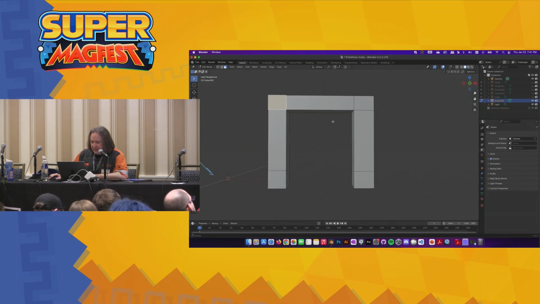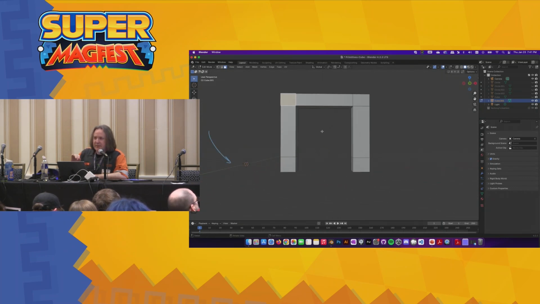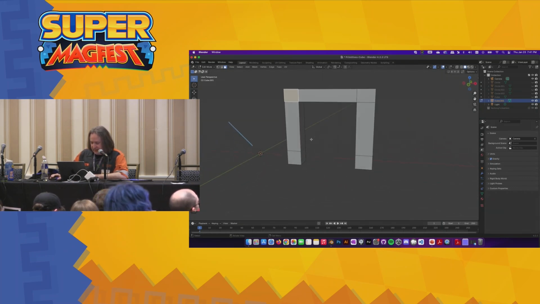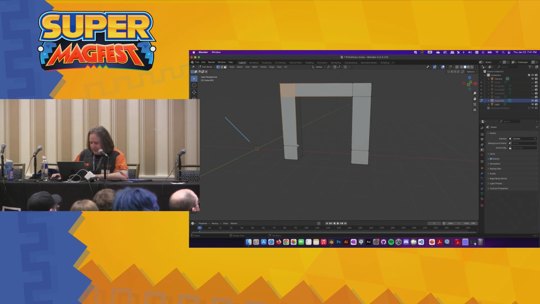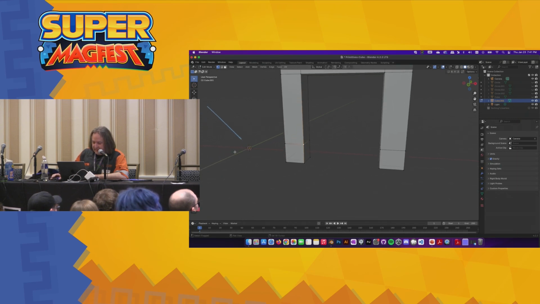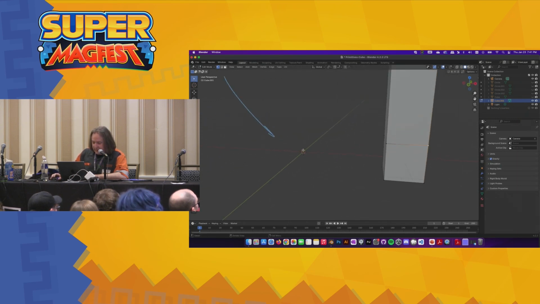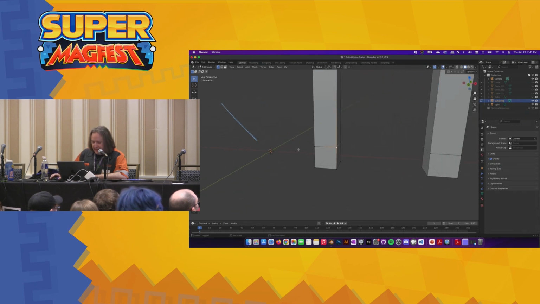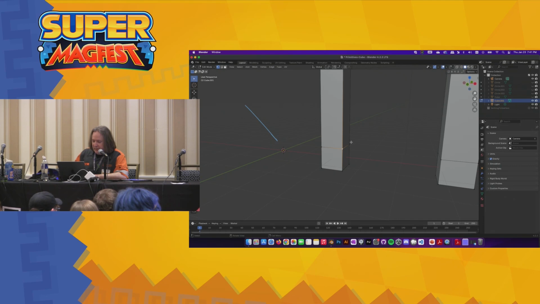But let's say you wanted things to line up. Well, Blender has this magical thing called the 3D cursor, and it is a little bit weird, but a little bit awesome. If I click on something here and select it, this little red and white checker guy down here is our 3D cursor, and we can use that to make things relative to a particular point.